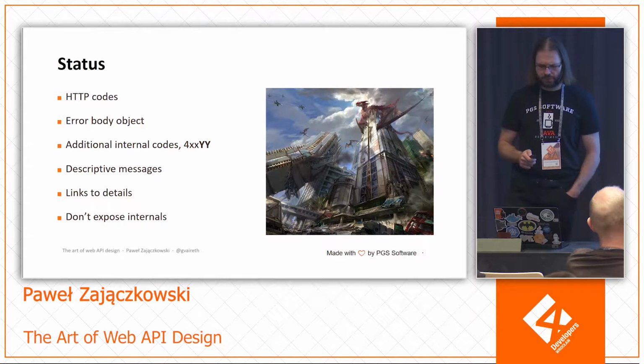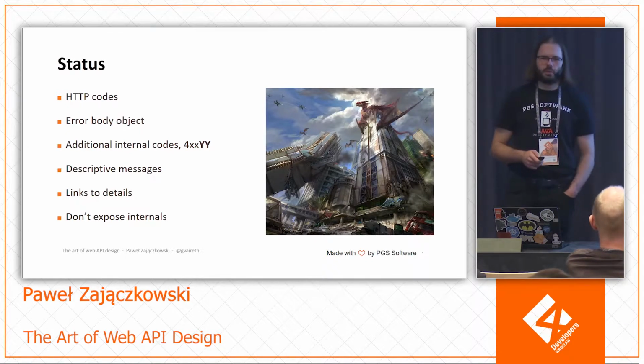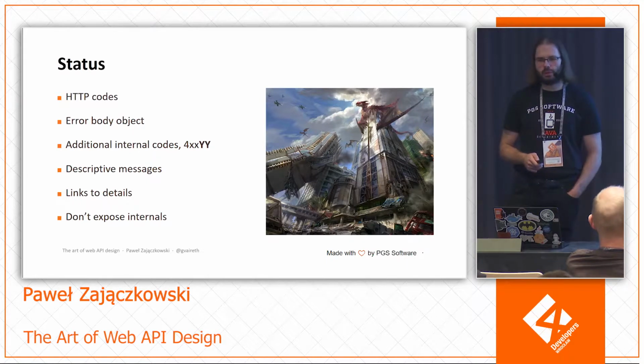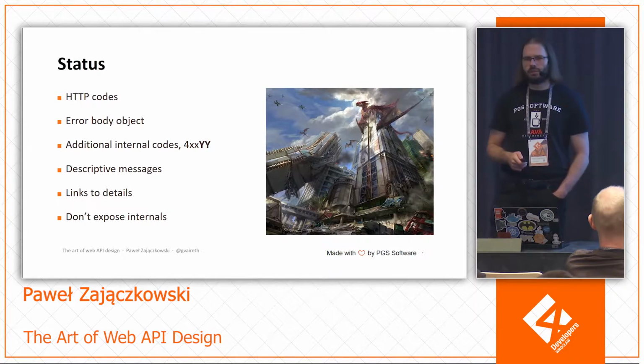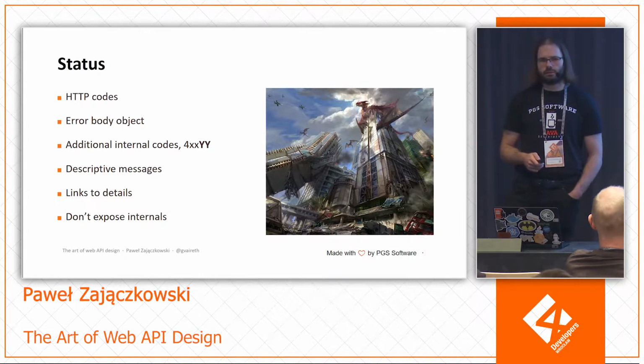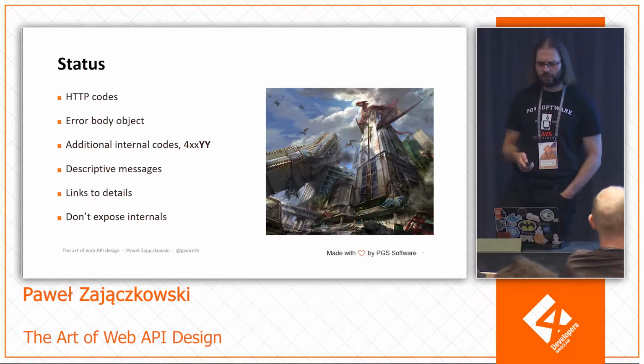So now status. With the status, there are a lot of statuses in HTTP. I think in 1.1 we have around 75 or 80. So how many statuses should I use in my API actually? There are some vendors that only use one status, for example Facebook. They just always return 200, and whatever else happens is part of a description in an object or a field. But it's not exactly the best idea.